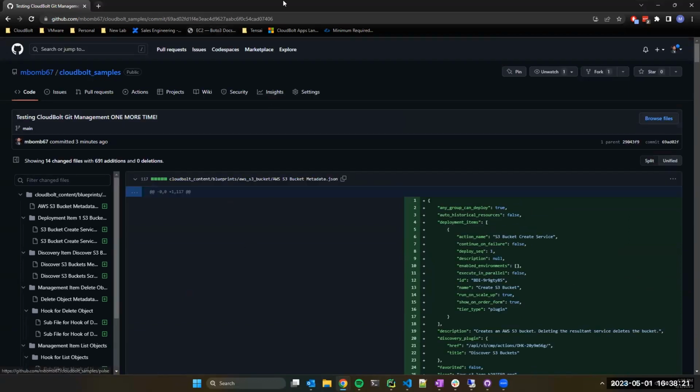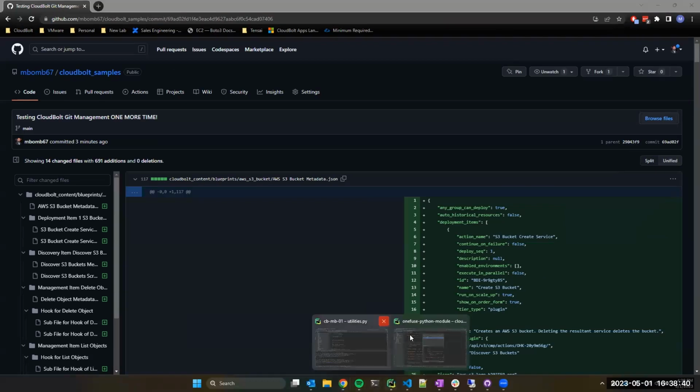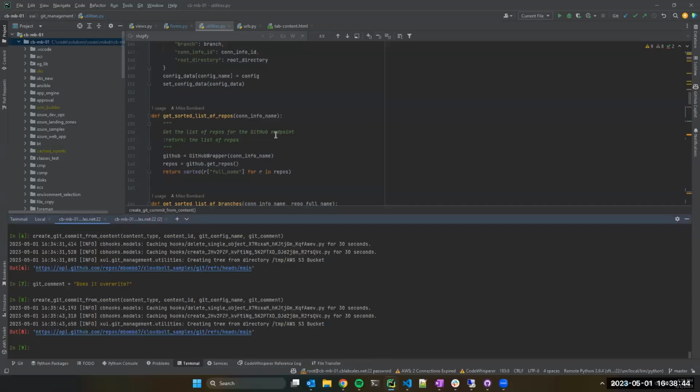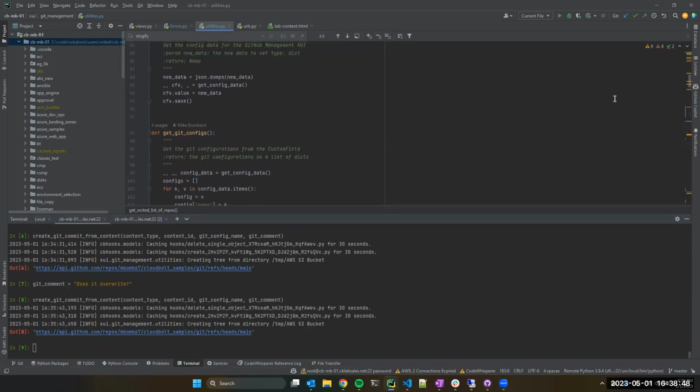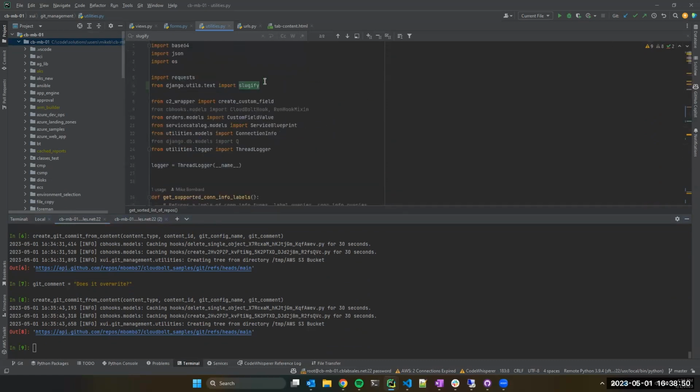Let me see. I think this is okay for now. I'm not a Git expert by any means or stretch of the word. It's functioning. So what I'm going to do is just bring this to completion. We're going to now get it to the point where we can do it from the UI, know that it's working from the UI. We're going to make a change to a blueprint and then verify that just that change shows in the commit as well. So let's go back over to